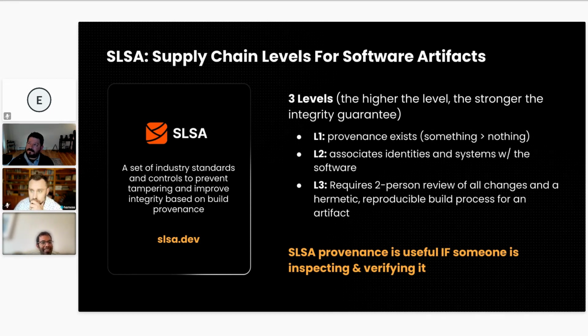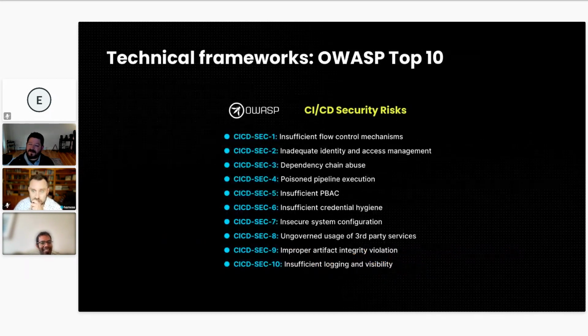Gold standard. Yeah, I think that's really true, Pranav.